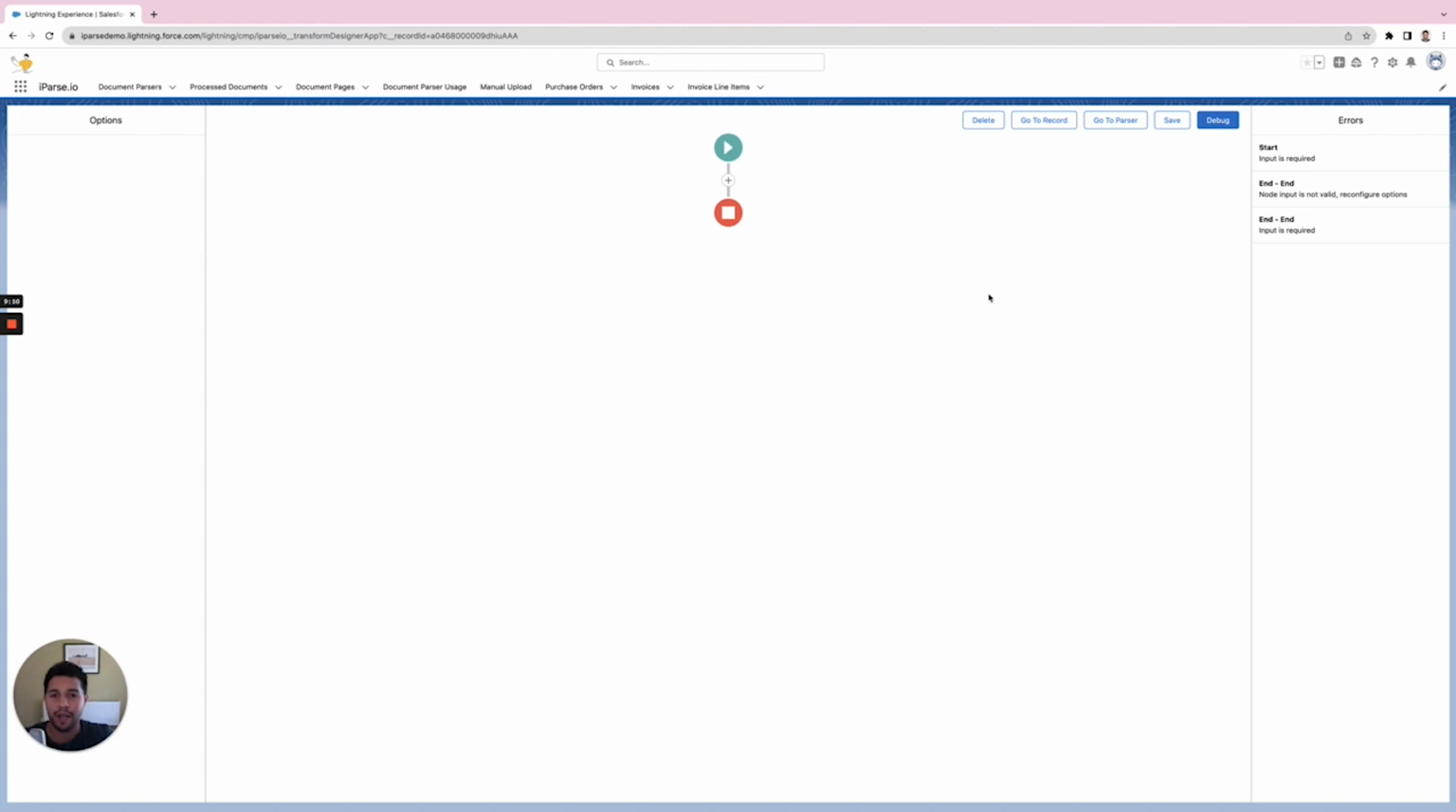And what Transformation Designer allows you to do is really format and get your data from the documents formatted in a way that you want before you bring it into Salesforce. So what I can do here is I can click on the play button. This is the input that we're grabbing, and then I can click on the plus sign, and there's a bunch of transformation options I can use to format the data. So for example, let's say I want to remove the comma. Okay, so I can use the remove part option here. Okay, so I can click into that,